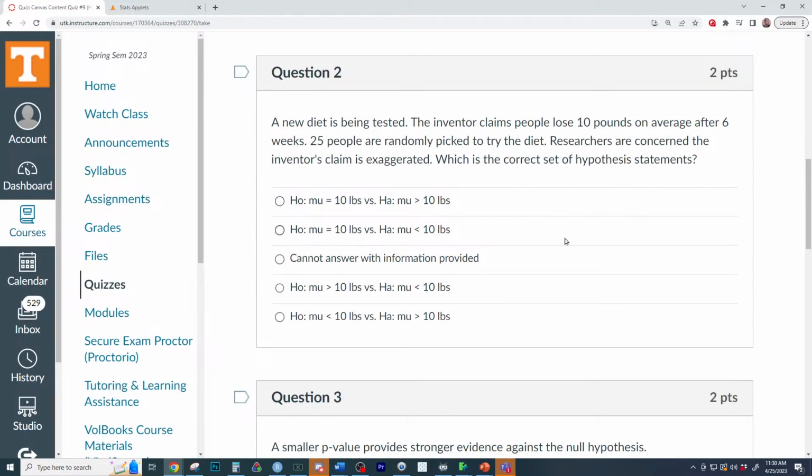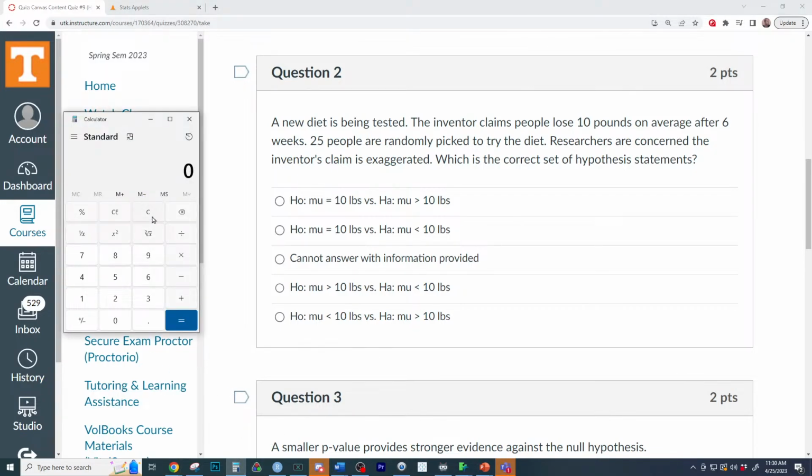So this is the same thing. A new diet is being tested. Researchers are concerned the claim is exaggerated. So when we do this, can you do mine? Yeah, y bar, 8.9, standard deviation 7.5. So that's a difference of negative. Okay, so let's first find the standard error. The standard error is going to be 7.5 divided by 5, right? So that's the standard error. And then, yep. Because your difference is a lot smaller. Good answers, Jesse.